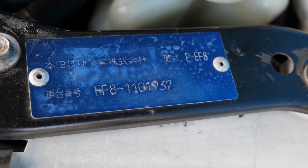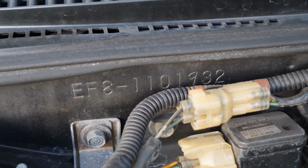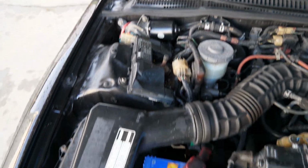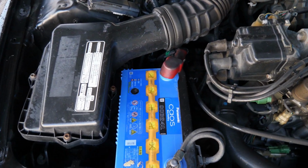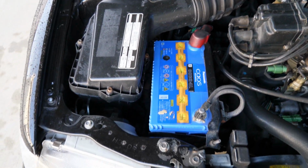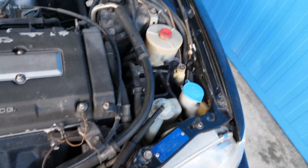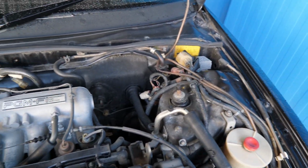And we got the EF8. There's a little placard right there. And here are the chassis code matching over here. And we got the fuse box, air box, battery, which is a pretty recent battery, so that's good. Starts up no problem, runs good. I was actually really glad that it was running smooth on first start. With this cold weather, you don't know how it's gonna pan out, so it turned out pretty good